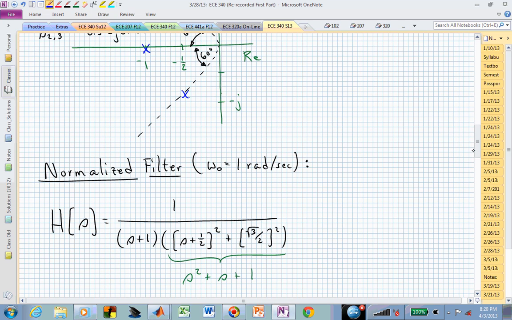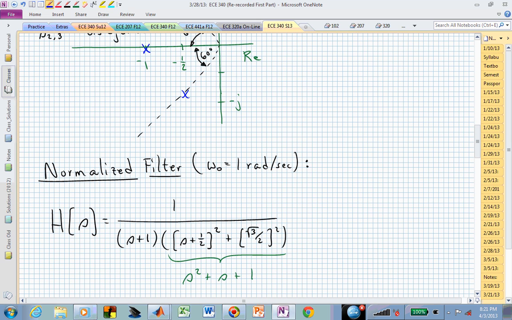In the normalized case, we know that our bandwidth is 1 radian per second. We can now create the transfer function for low-pass filters. We have all of our action really in the denominator. The numerator is simply a constant, and we can now put all of these factors together. We have an s+1 factor, that's our real pole, and then we have our two complex conjugate pole pairs, and